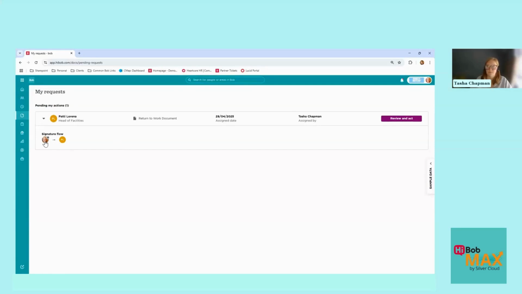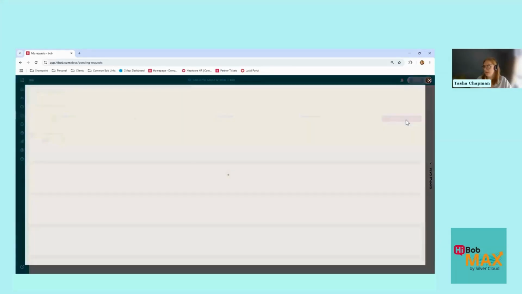You'll see at the bottom the signature flow for this. So where we will have created that process from a manager and then the employee to create that, you then have the signature flow for that. You'll see that currently for me, it is pending and I've got a little grey clock here. And the next person that will go to will be Patty. So if I click review and act,